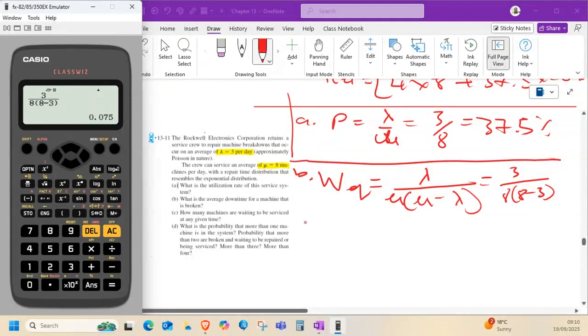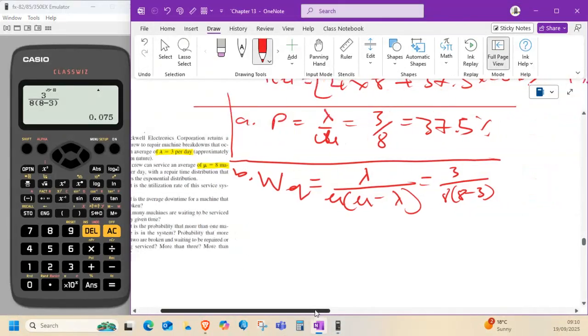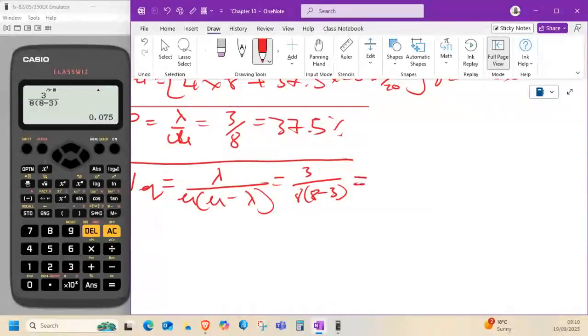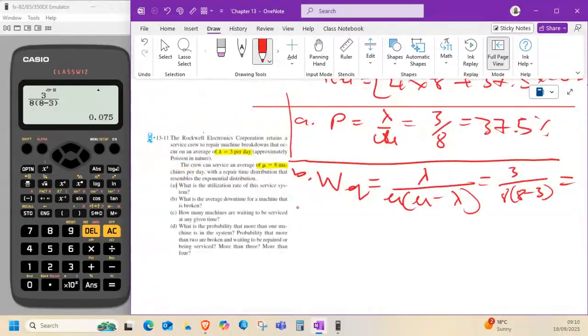Okay. Some fractions, you don't really need to keep them. You can just do away with them. Then we have